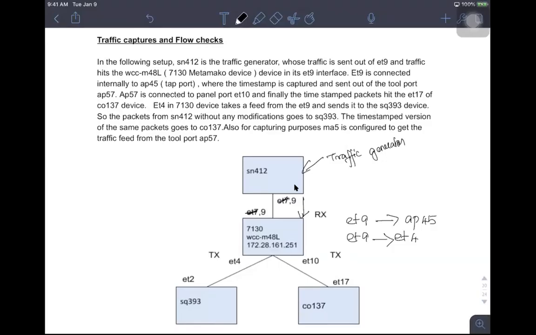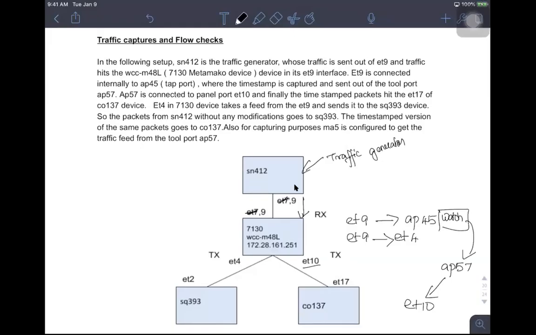And app 45 does the timestamping and egresses out of AP57, and finally it egresses out of the ET10 interface here, and it